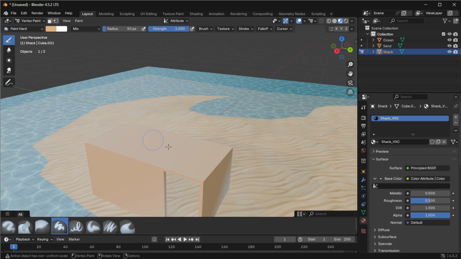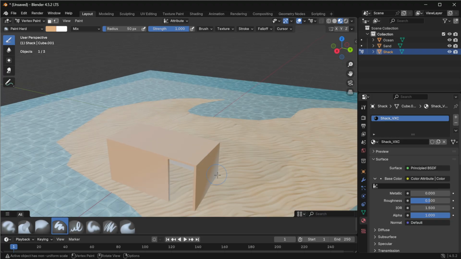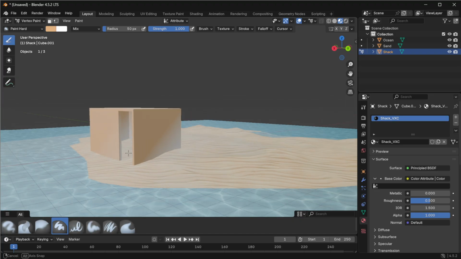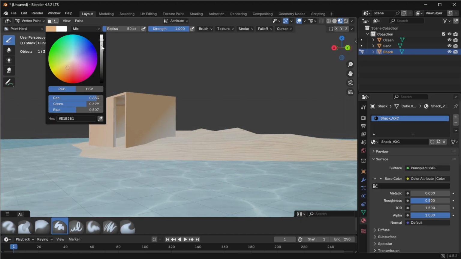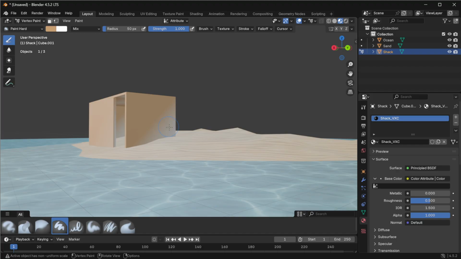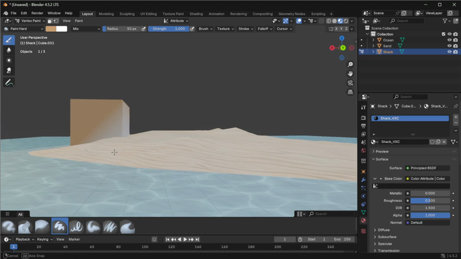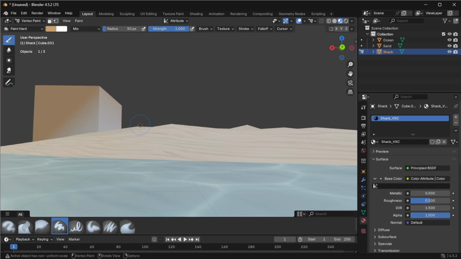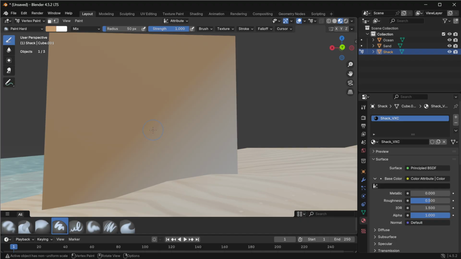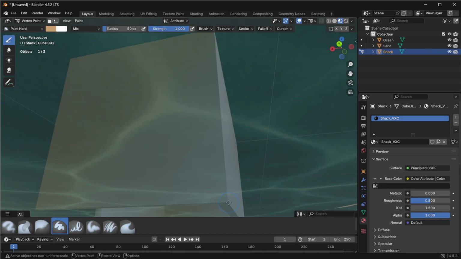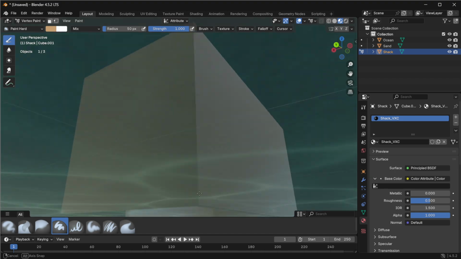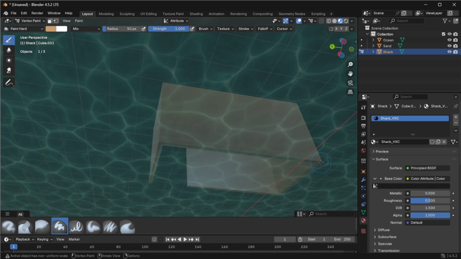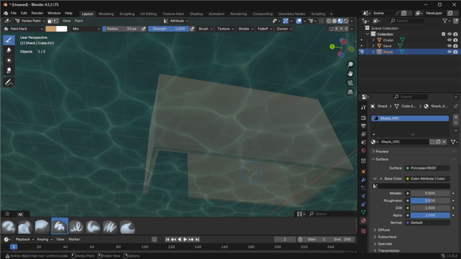And you can continue painting and paint it along with your scene. And you could choose some different colors too. Like if you wanted to make part of it slightly darker, we could darken this color. And that might not be super noticeable, but let's zoom in here. I might need to select the shack, press period for frame selected. There we go. And then we can paint this one. And now we got slightly a gradient, which is nice. We could do the inside slightly differently,